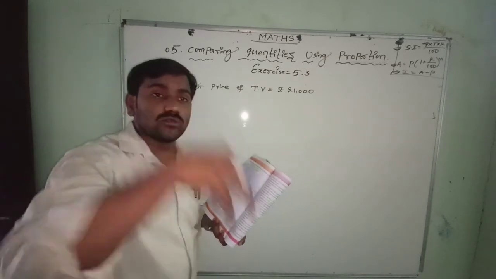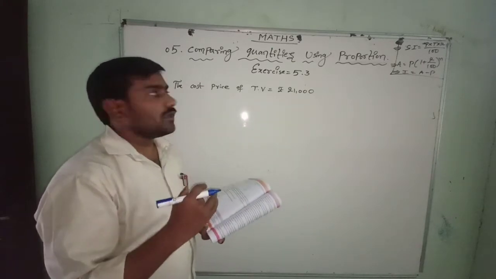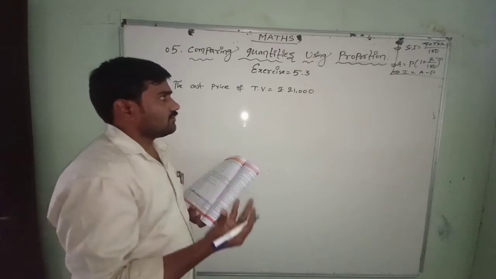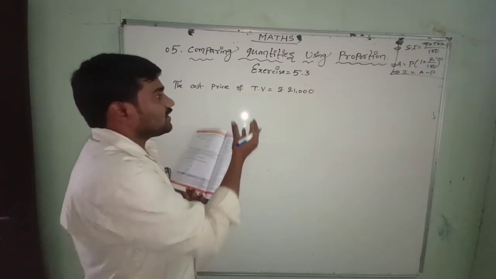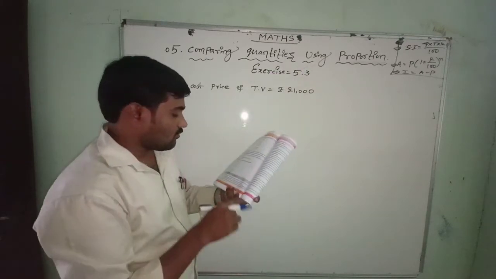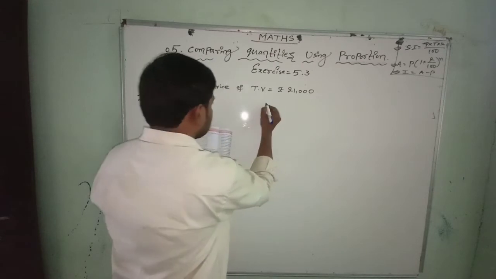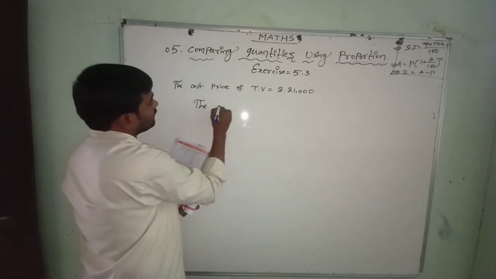Depreciated in the sense reduced. The value of the TV was depreciated, reduced, maybe because of an old model or because people are not interested to buy the TV. What they said, the value of the TV was depreciated. How much? 5%. So the depreciated percentage or decreased percentage